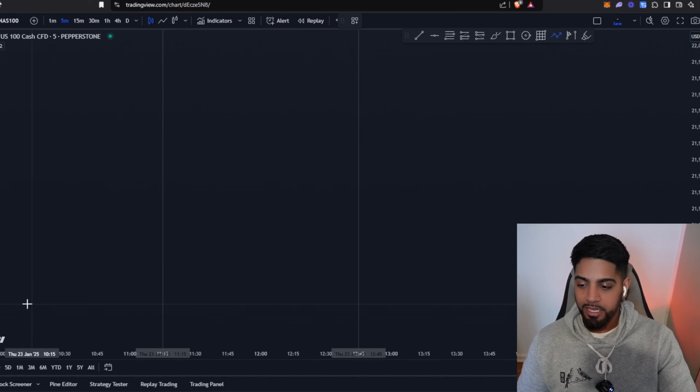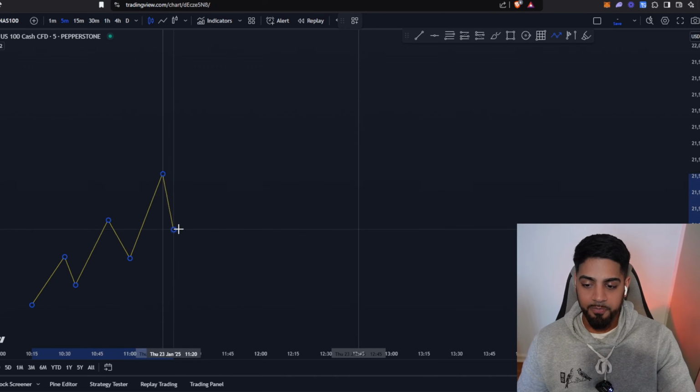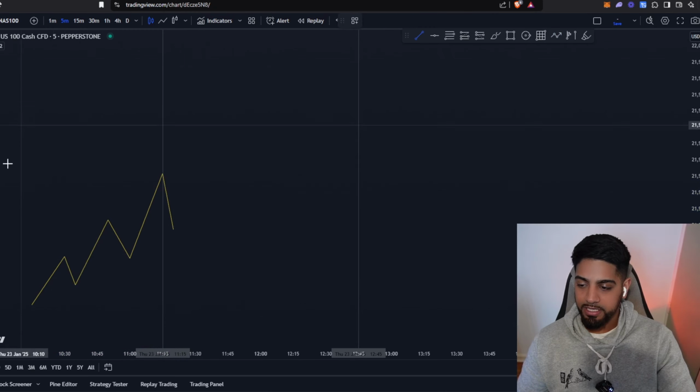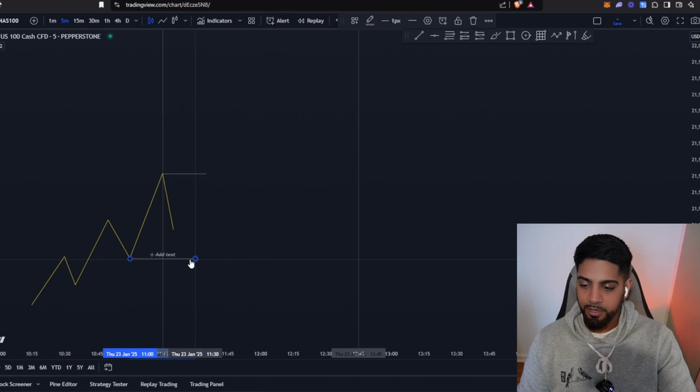So what we want to do is we want to monitor price action before it starts going into our trading period. So before 8 AM, we want to just monitor what price is doing. And let's say price is creating a series of higher highs and higher lows. So now once our trading session starts, what we want to do is identify all of the key points that we've got inside of this trading range. So we can see that right here, we've got this higher high, and then right here, we've got this higher